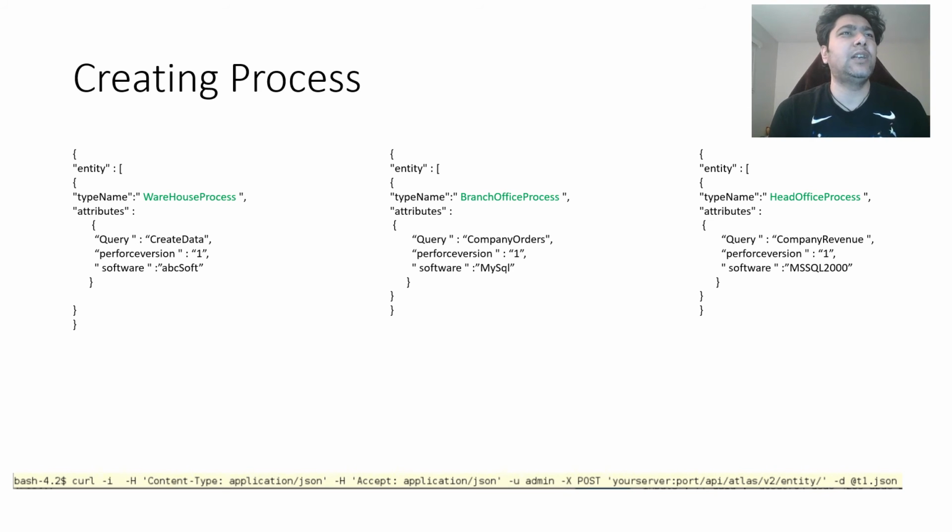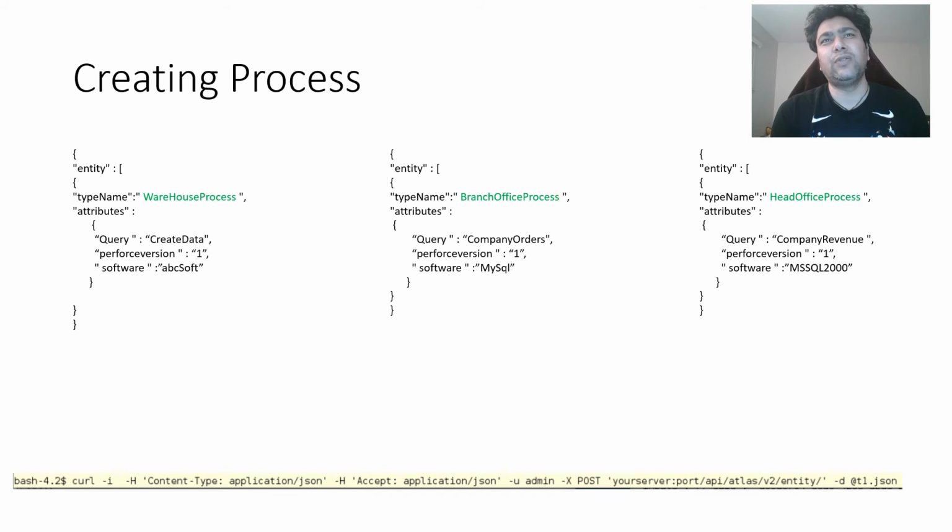Here, I am telling that you have to create an entity of type warehouse process, whose query is called create data. Perforce version is 1, because we know that over time the query might evolve, and it is part of ABC Soft, some company. As you can see, in each of the processes we know the name of the query that is doing that process, the version of the query, and which tool this query runs on.